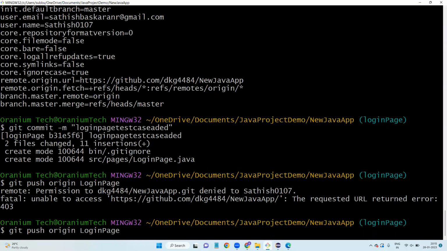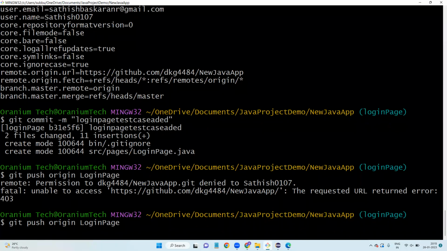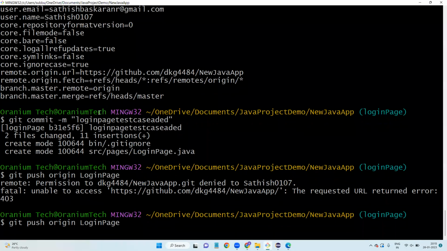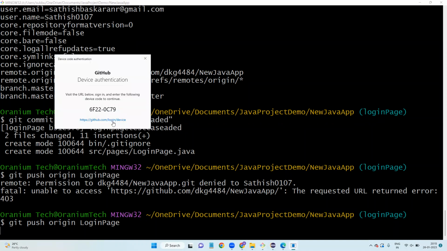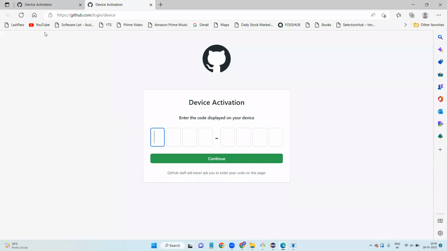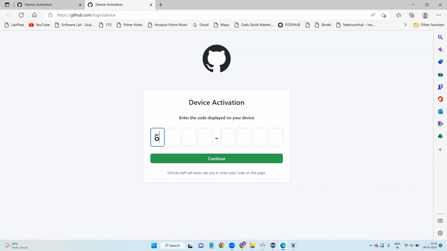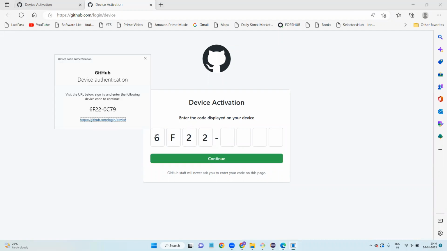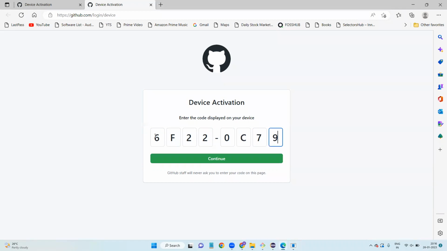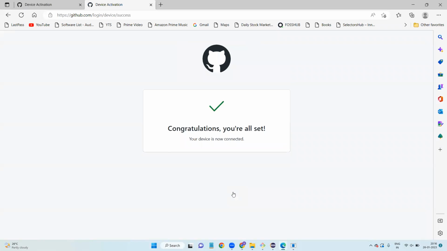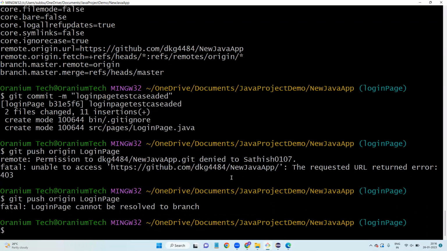Yes. Now he's pressing enter and he can push the code now. He's going to authenticate. Sign in with your browser or with your code, whatever it might be. He can copy and paste, or otherwise type. Now click on continue and authorize the Git credential. Now you can see he can push the code without login,